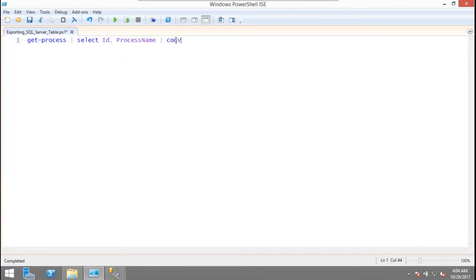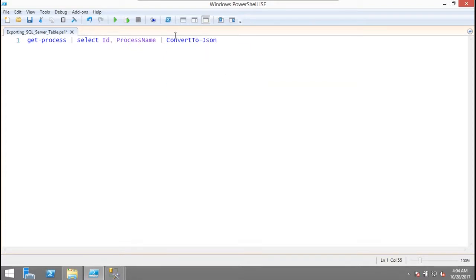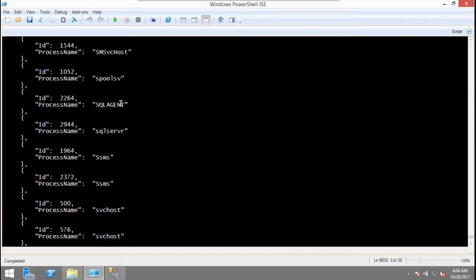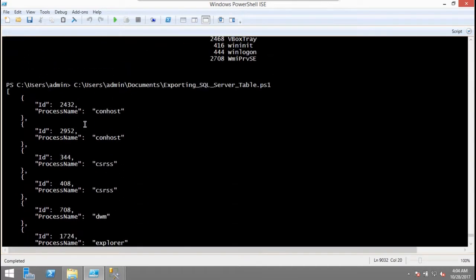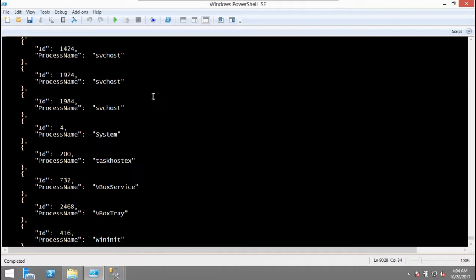So if I pipe it to ConvertTo-Json, what will the output be? Okay, this is the format. For all processes, if you see the syntax, there is one square bracket here and it closes here, and then we have the column names, ID, process name, and the value. So we can use ConvertTo-Json for this purpose, and definitely the output and format look in proper syntax, and we can use it